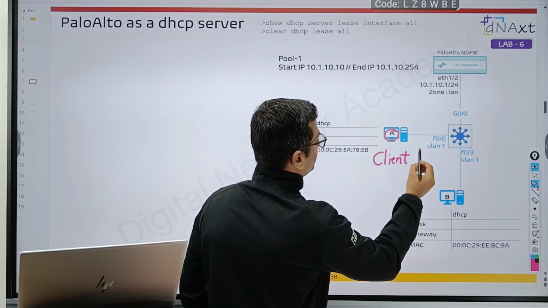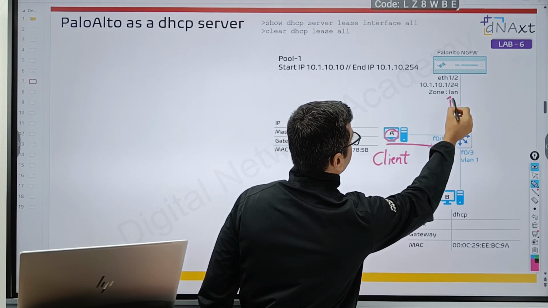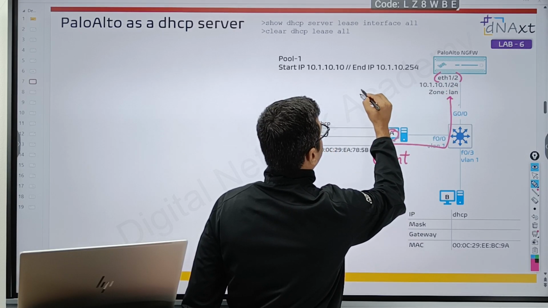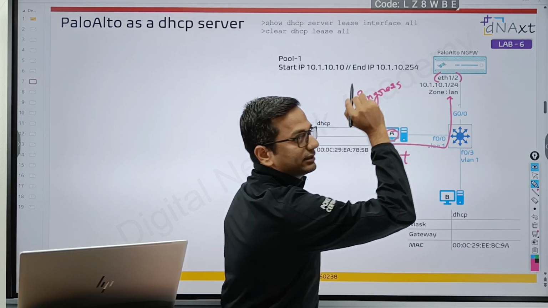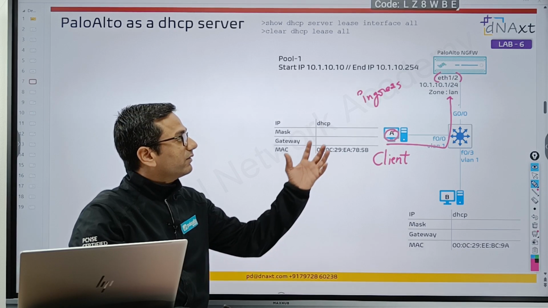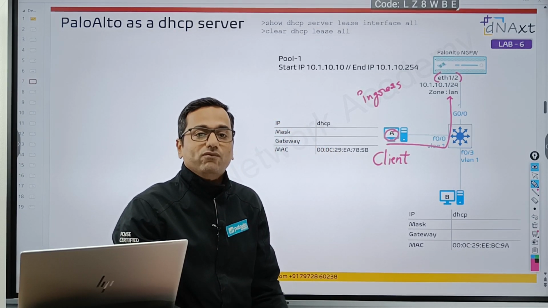When this machine has initiated the broadcast, it is received on the Palo Alto interface Ethernet 1/2. It means Ethernet 1/2 is your ingress interface, and this interface is configured as a DHCP server. So of course your Palo Alto firewall will respond with the offer.